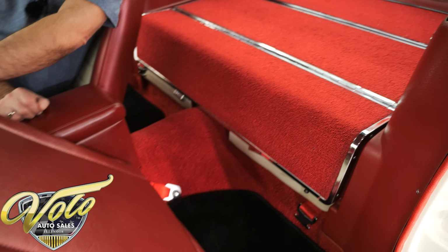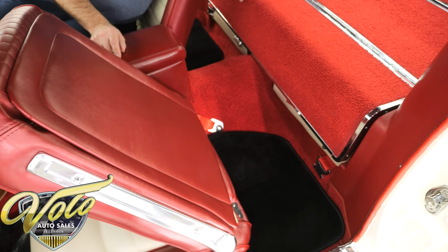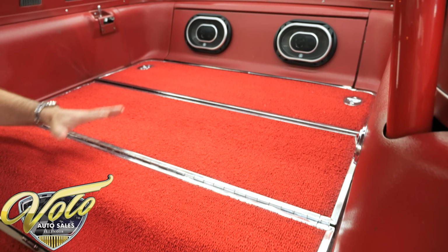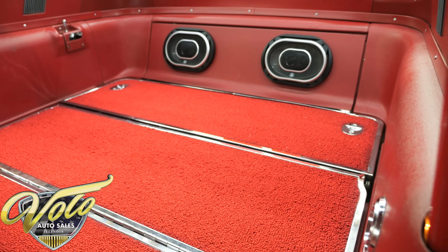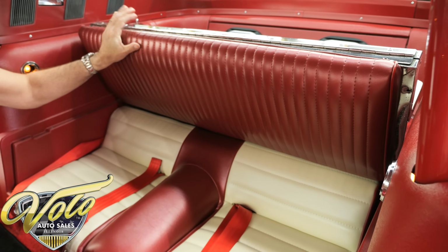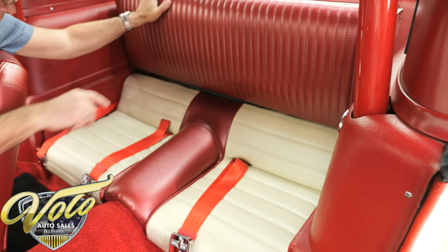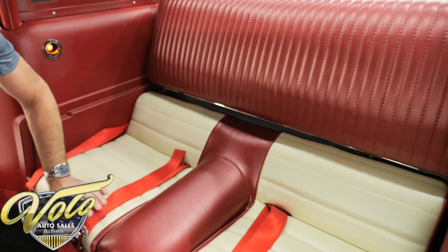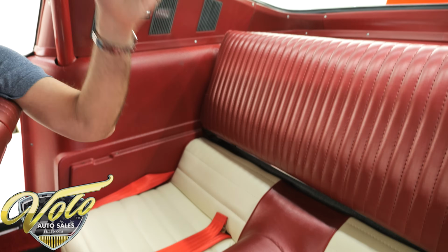Seat belts, front and back. Look at the whole rear area. All the plastic, the carpet, the chrome, all looking really nice. And then voila, that's where you get 2 plus 2. You have 2-seater and now 2 more. Pony seat belts, all in excellent shape. We have a roll bar,